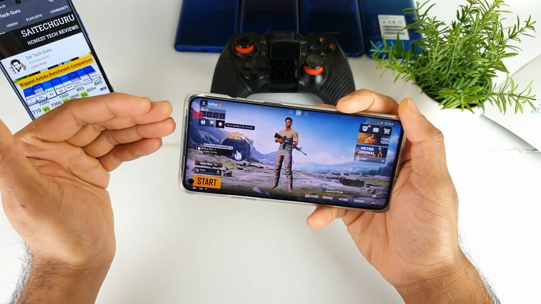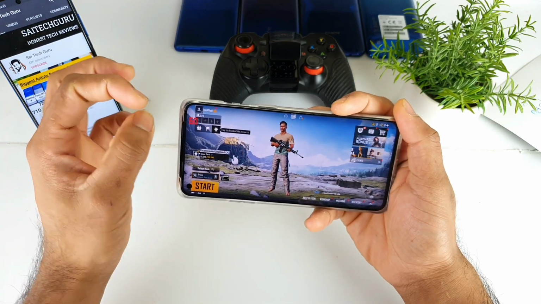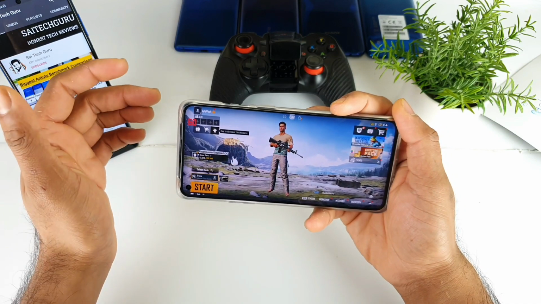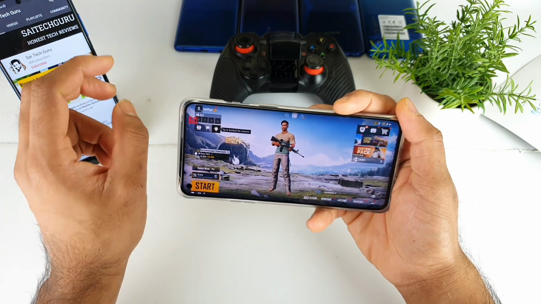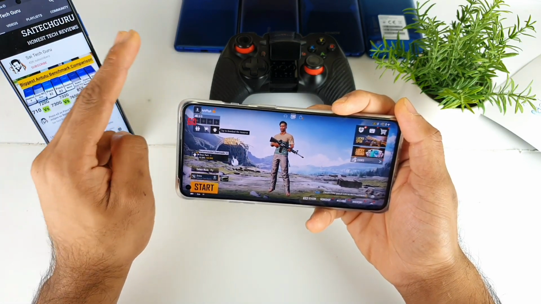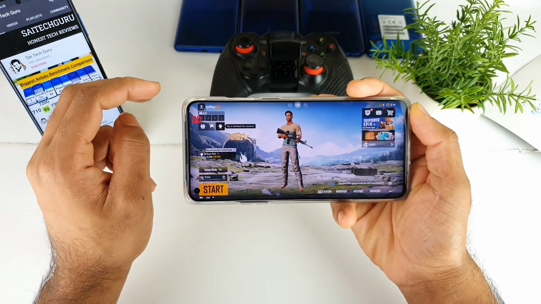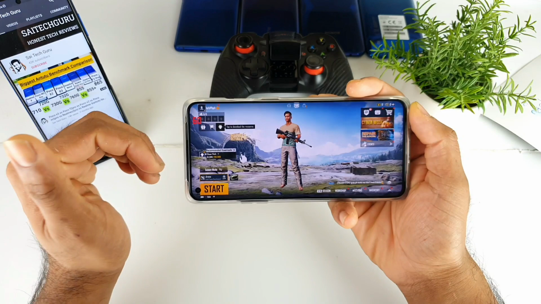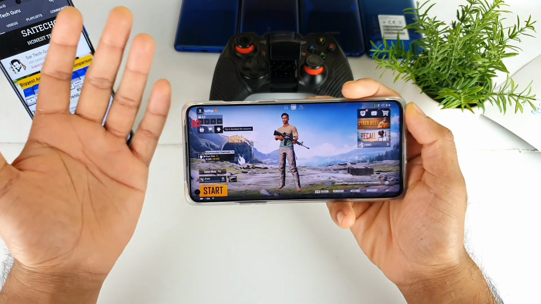I thought of clarifying this for most of the users who are concerned that the FPS count meter is not showing 90. So this is the situation. The FPS count meter only shows 60 or 120. Only two things it does show, not the middle one, 90 FPS. So maybe OnePlus should give an update to this FPS count meter in the future.